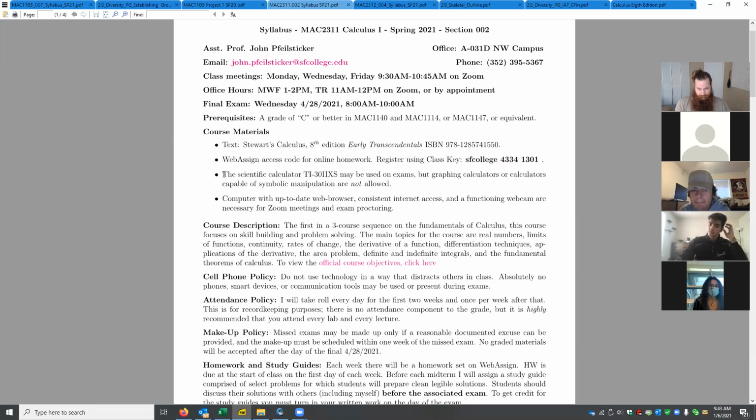Calculators for this class. The only calculator that you're allowed to use on tests is the TI, Texas Instruments, 32XS. No other calculators are allowed, and I'll talk with you a little bit about how proctoring for exams and all of that stuff is going to work. But on tests, this is the only calculator you're allowed to use. You will not need it. I will not give you guys problems that are heavy in arithmetic on exams, and this calculator is not capable of exactly evaluating trig functions. It'll only give decimals, and I won't award credit for those.